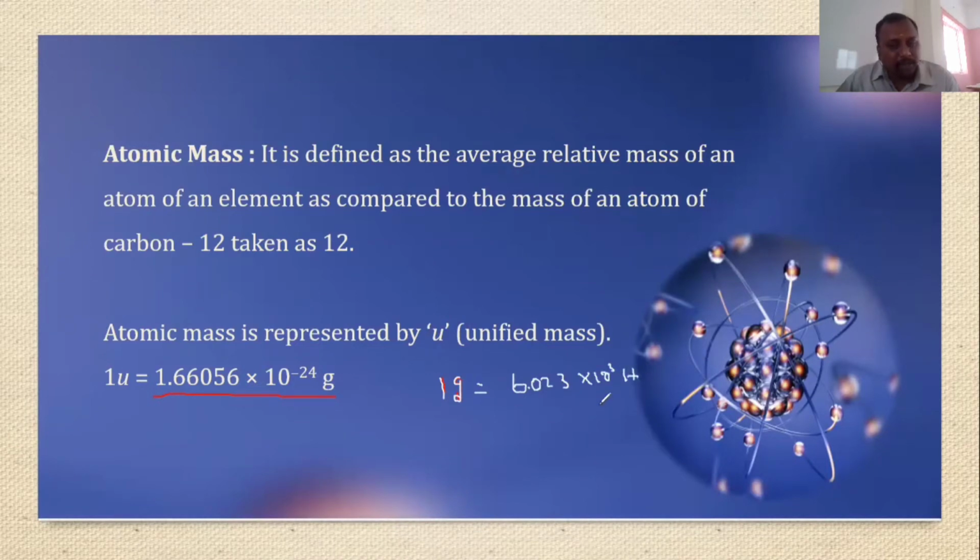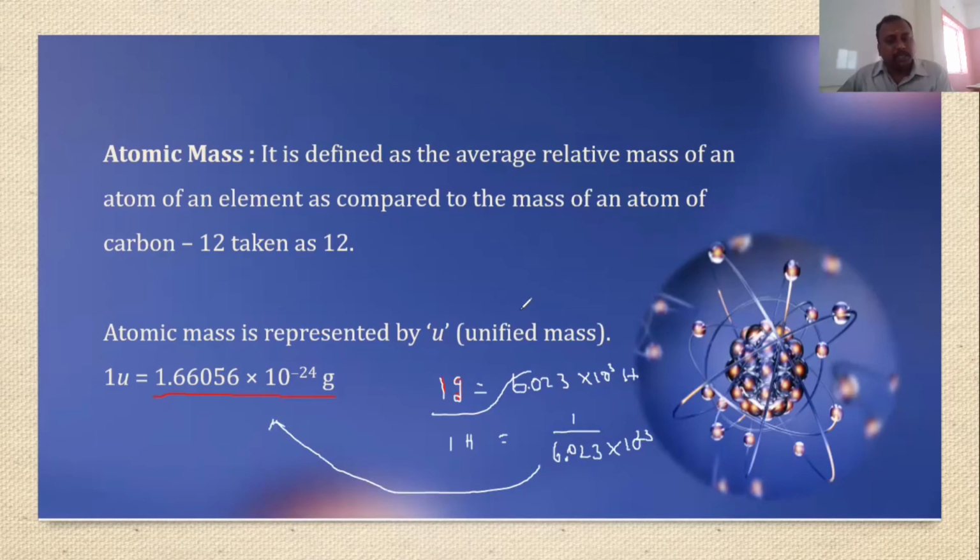அப்போ ஒரு ஹைட்ரஜனோட weight அப்படினா 1 divided by this value. So 1 hydrogen weight should be equal to 1 divided by 6.023 into 10 to the power 23. So இதனுடைய divide பண்ற value தான், it should be equal to 1.66 into 10 to the power minus 24 gram. Okay, do you understand what is atomic mass and what is molecular mass and what is mole?